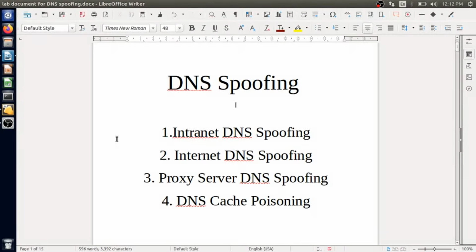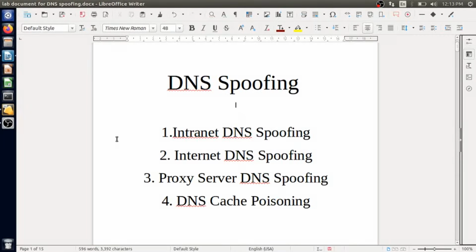Everyone, in this session we'll see DNS spoofing, also known as DNS poisoning technique. Using this technique to sniff the DNS traffic of a target network, an attacker can obtain the ID of the DNS request by sniffing and can send a malicious reply to the sender before the actual DNS server responds.